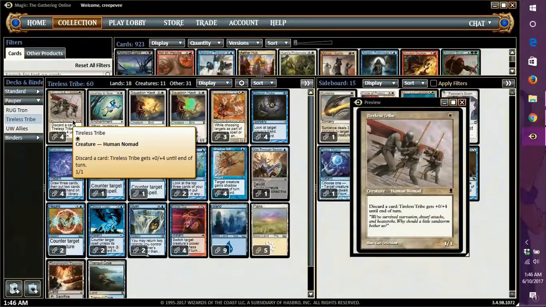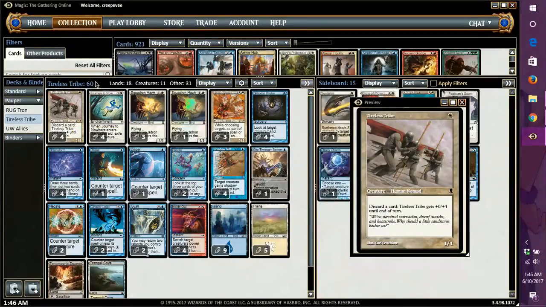I'm here with another Pauper video this week. This week we're playing another blue-white deck. We're playing Tireless Tribe. Now, a lot of you may be familiar with this combo. It's been around for a while, but I've never seen it really do extremely well until I was looking at